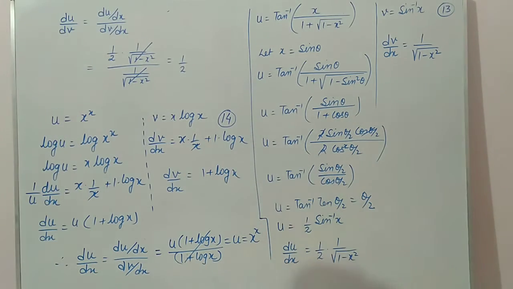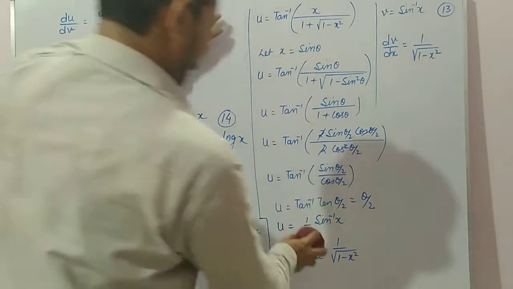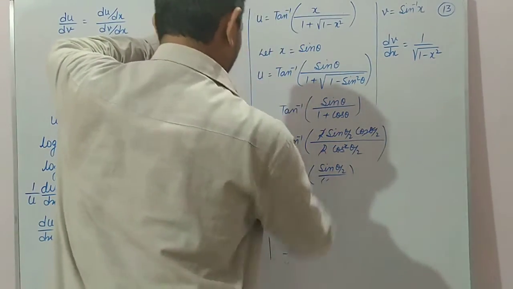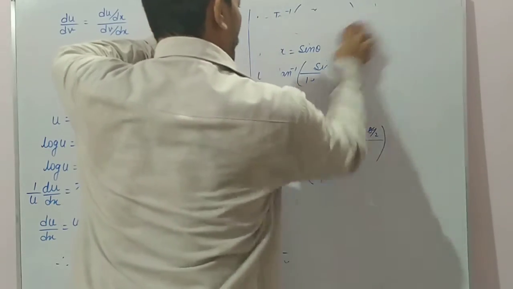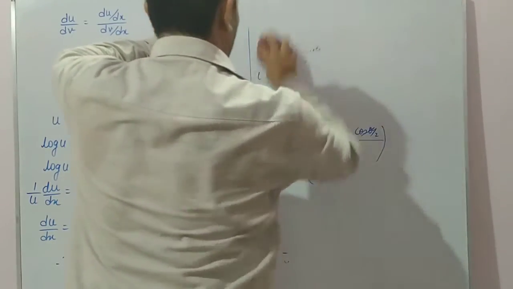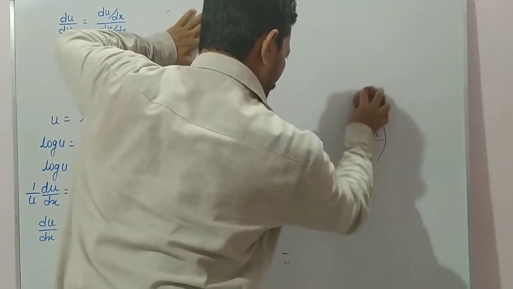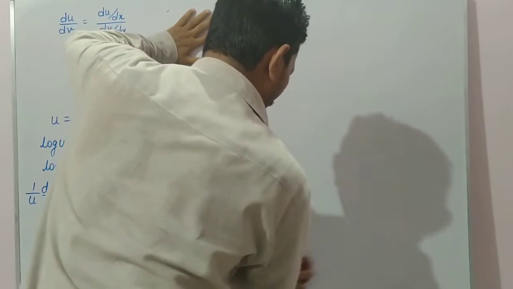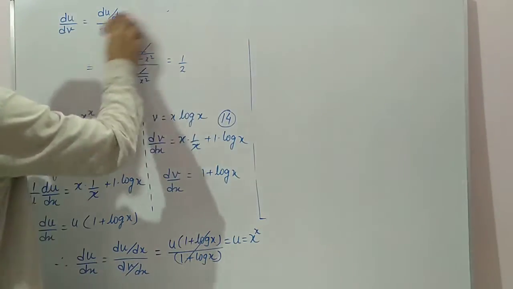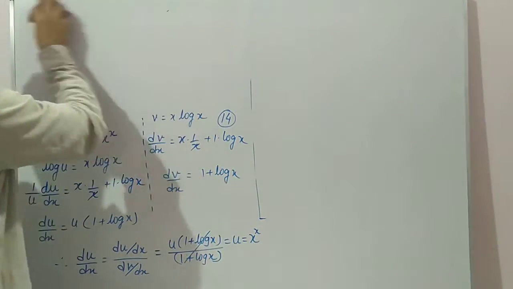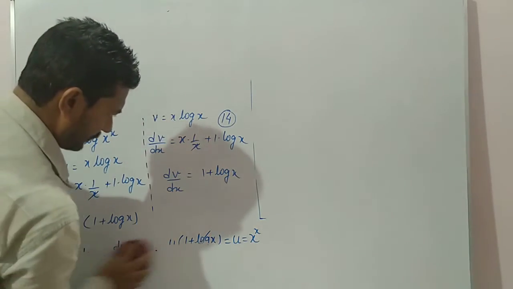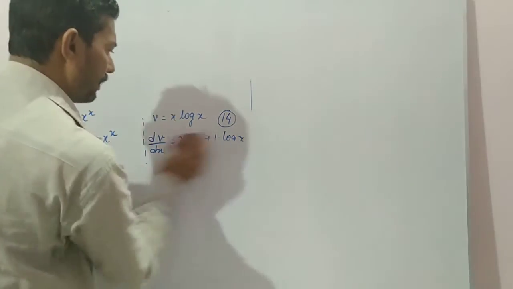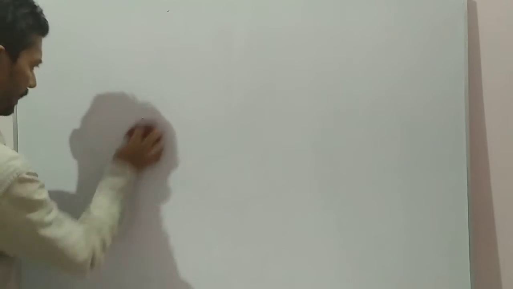Next we will come to exercise 5.13. Now 5.13 consists of what? Second order derivative. Second order derivative means: if the given function is differentiable at a given point, then it has a first order derivative. Again, if that first order derivative is differentiable at that point, then it is termed the second order derivative.